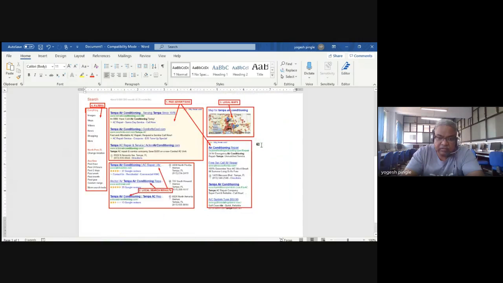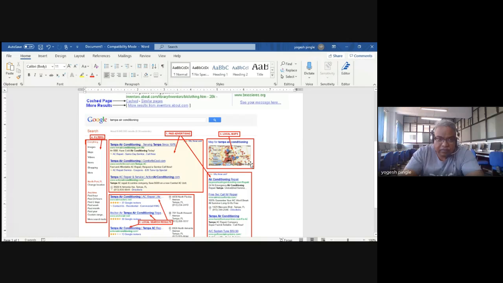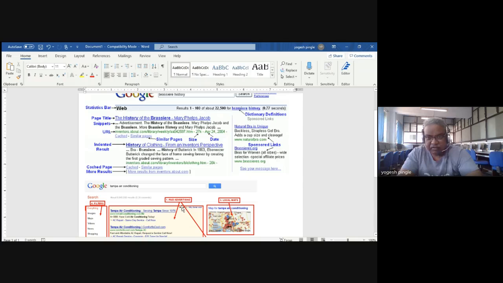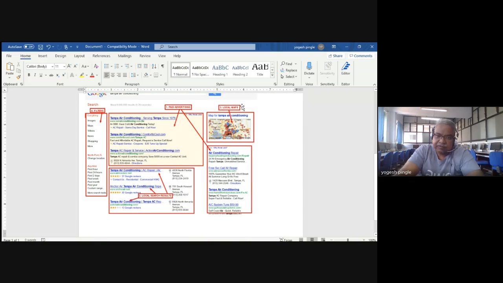So see, the second diagram I showed you like this, right? So there are many things. Now, this is how the first appearance was. Now, if you do a search, the appearance will come differently. So it depends upon what type of browser you are using, whether that search engine is showing you this. So you can just see on the side, the different kinds of sponsored links are also there, like that. The next part you can see,